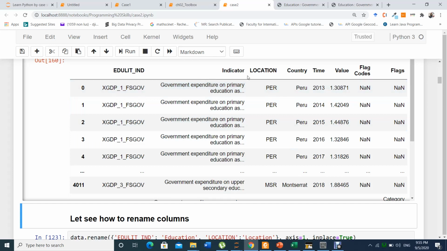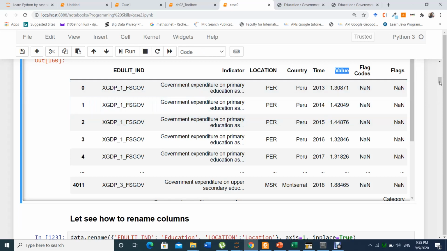Okay, but we have a lot of columns. For now, you want to focus on some specific columns, because the objective of the study is to rank the country GDP value per year. So we'll need the year, which is defined by time, the country, and the values.